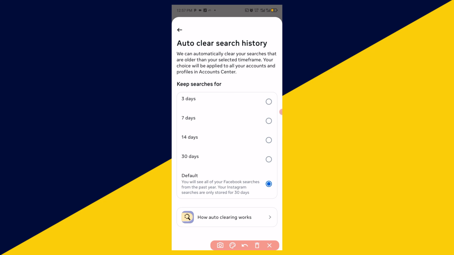So right here you have different options. You can keep the search history for just 3 days. You can keep the search history for just 7 days. Or keep it for 14 days or keep it for 30 days. So this simply means that if you keep it to any of these, if I keep the search history to